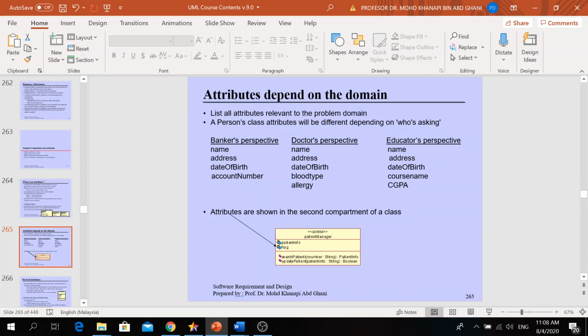When you understand the user requirement, you know what data is required to make up your application or your system. Let's say you do a bank system, so you need to identify the information or data required for the bank system.